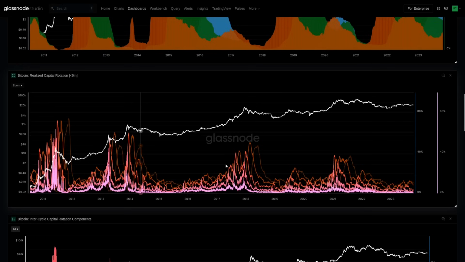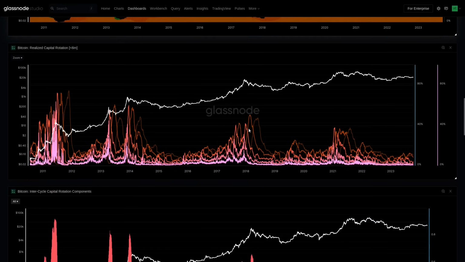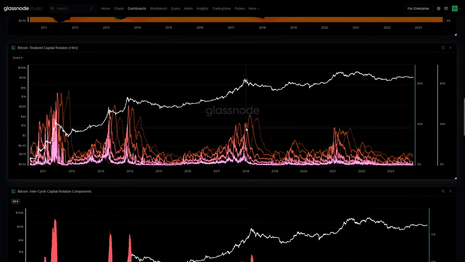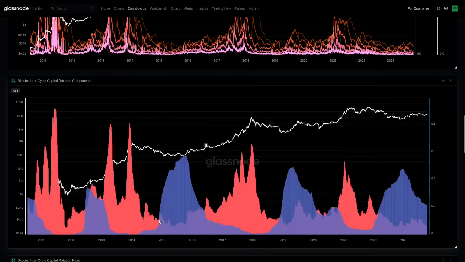Now, I won't go through the actual construction, but we're going to take the coins less than 1 month, because similar to how the 1 to 2 year was this nice middle ground that just tells us the story, coins less than 1 month is approximately the same for this younger cohort. And if we plot these two out next to each other, you can see the capital rotation. This is peak hodlers when the blue shows up, and then the transfer back to peak speculator. At peak speculator, we have the lowest amount of hodlers. When we have the lowest amount of speculators, we have peak hodlers.